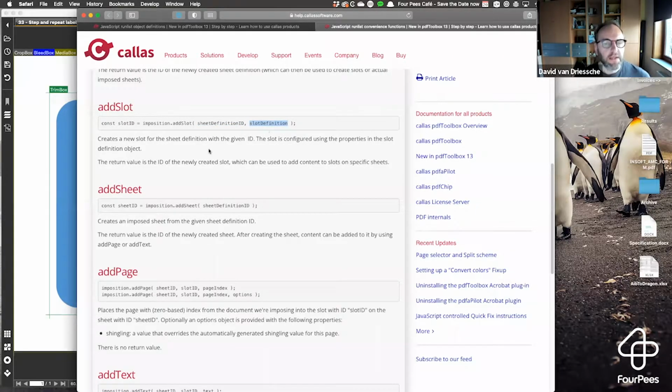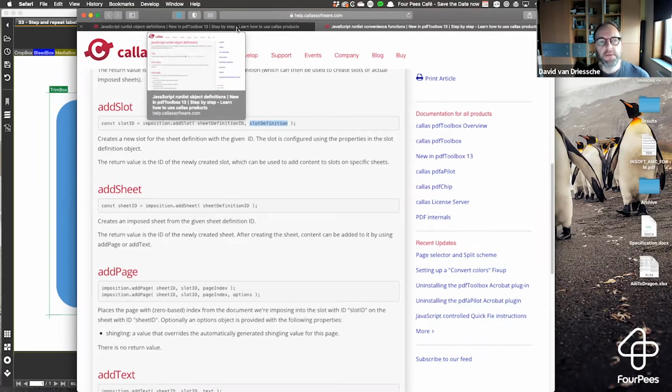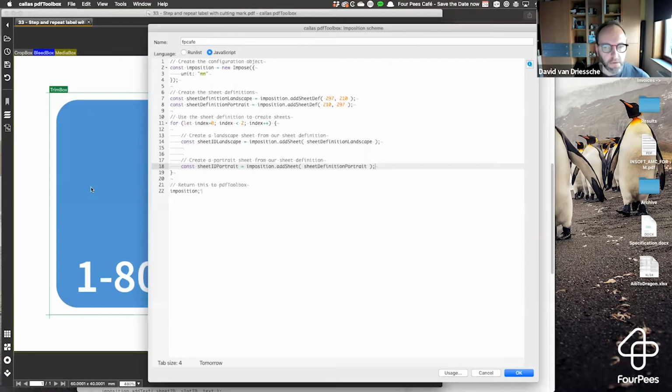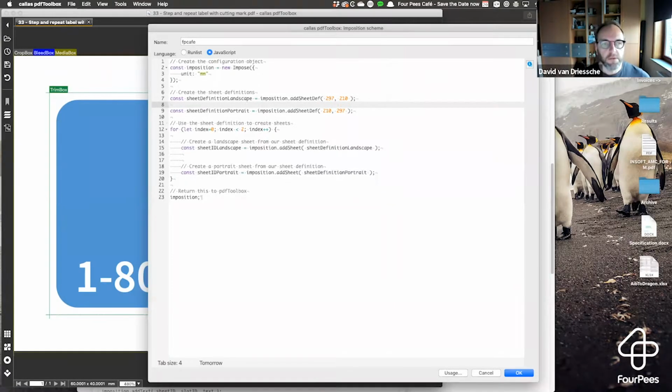Slot definition is an object. And so we would need to look in the second article with the objects to find out what we need to put in there. But let's start with adding the slot itself. So I'm not going to do that in my loop. Actually, I can do this wherever I want, and each time I call it, it would create a new slot. But it does, of course, make sense to put that together with your sheet definitions, because they are going to be linked to that. So I could say